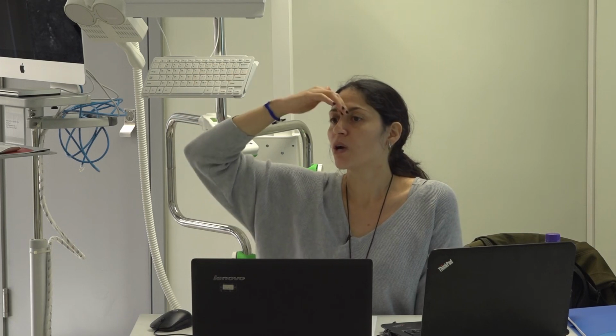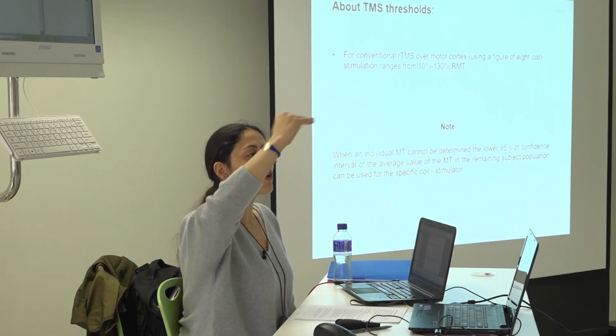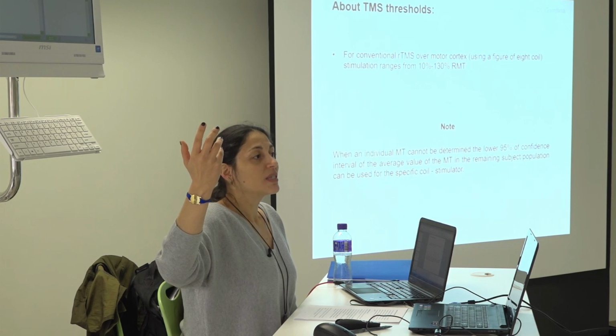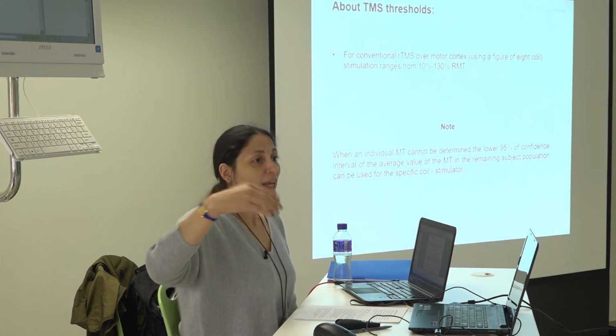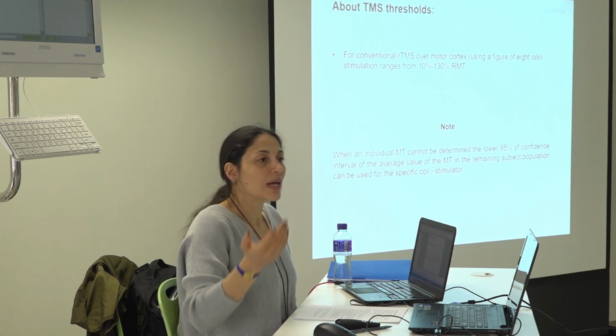So you can also, when you are going to do a study, what you can try to do is, some people use just one fixed threshold for everybody. For example, 70% stimulator output, and everybody will receive the same stimulation. It is safe. Well, it has been done. You can do it. But it's not individualized, right? So as long as it is inside this frame of 130% resting motor threshold, it could be used.